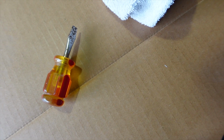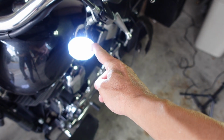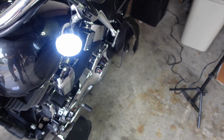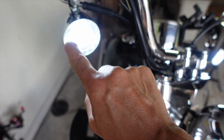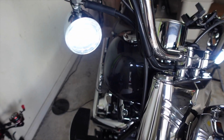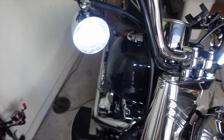The tools for the job: this mini flathead screwdriver and this shop rag. I'll be installing these Custom Dynamics lights on the 2006 Harley Davidson Fatboy, also known as the Blue Ghost. I currently have a different name brand LED light in here and they have started to fail on me, as you can see on this other one. So the lights are working here, and then there's dead spots inside of the LEDs, and then the lights are working here. So I decided to pick up some Custom Dynamics lights from Moonshine Harley Davidson right here in Franklin,